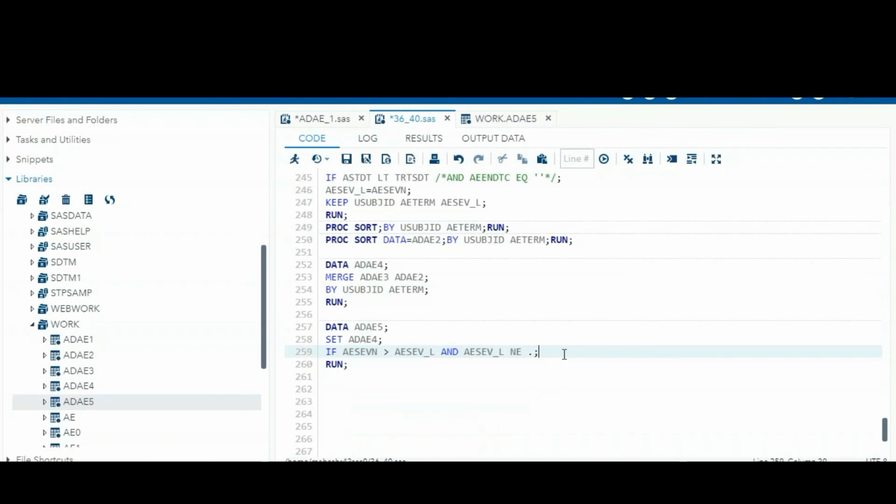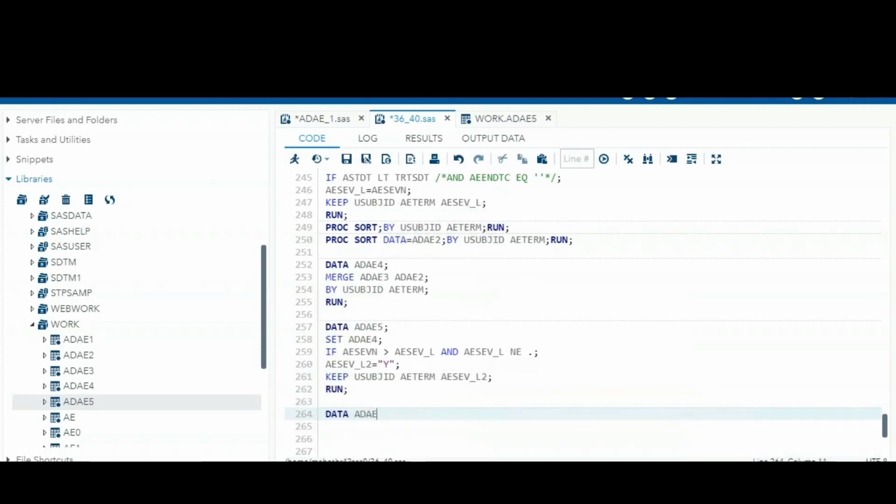For that purpose, I am creating one more variable, AESEV_L2 equal to Y. Okay. So again, just keep the variables subject-wise and AE term-wise, and this AESEV_L2 variable. Okay. So again, remerge to our main data set.